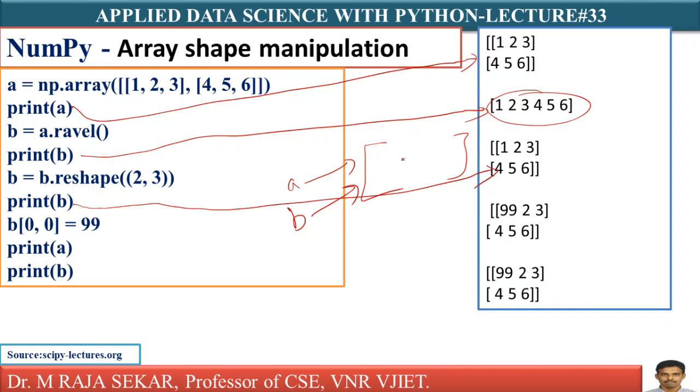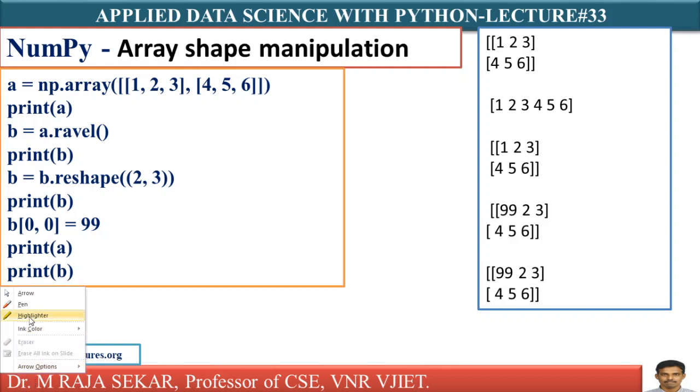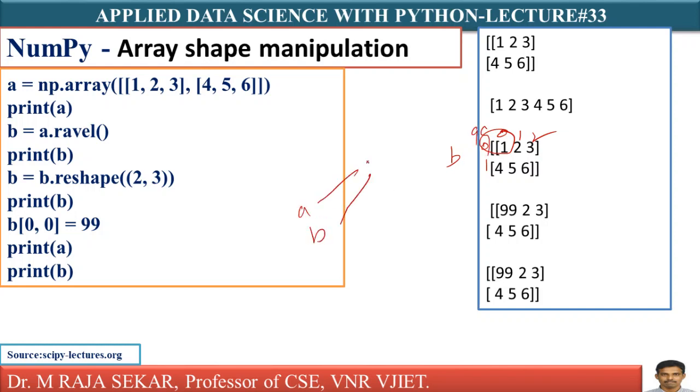Now B[0][0] = 99. I am assigning B[0][0] as 99, isn't it? In that case, what happens? It's simple and straightforward. Let me write this B[0][0]. This is the B matrix with indices 0, 1 and 0, 1, 2. B[0][0] means in this place it is keeping 99. Here A and B both refer to the same memory location. Therefore, if you change something in B, that will get reflected in A also.